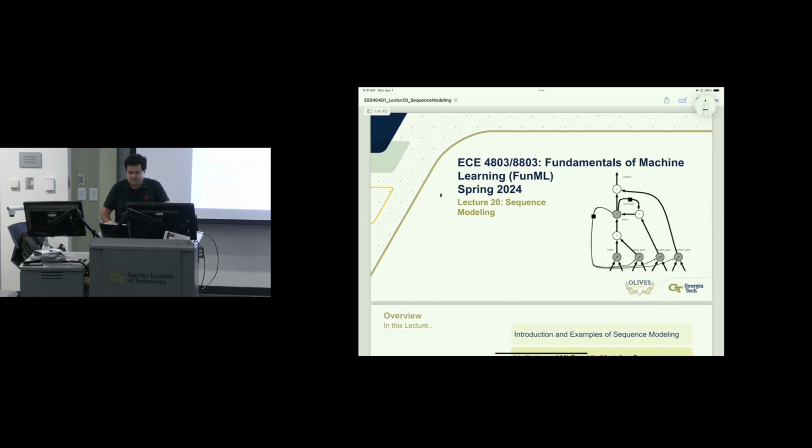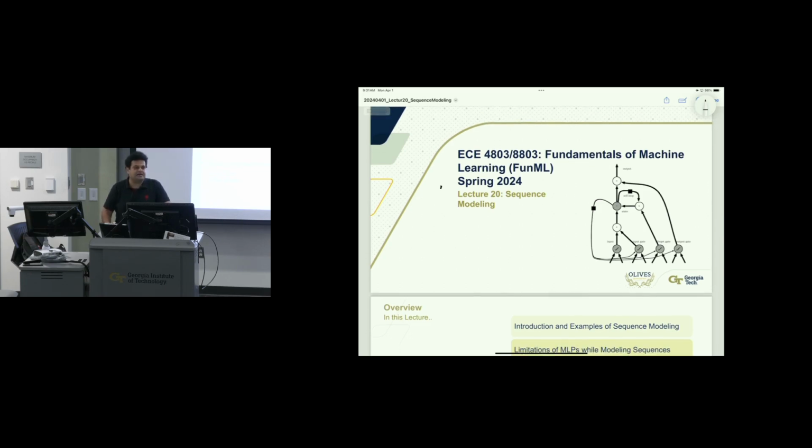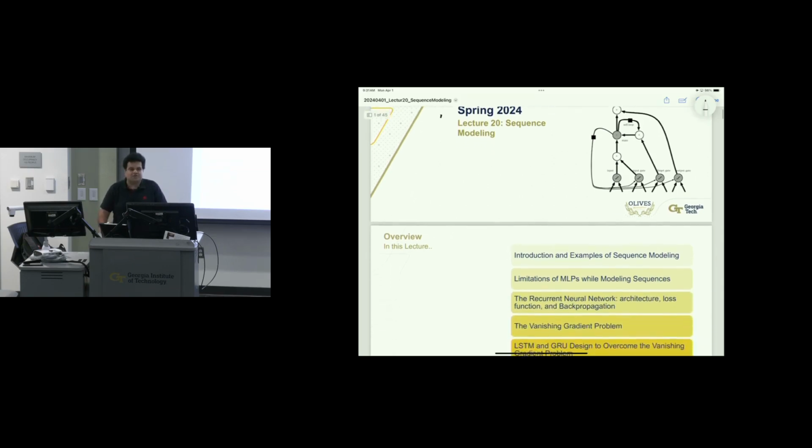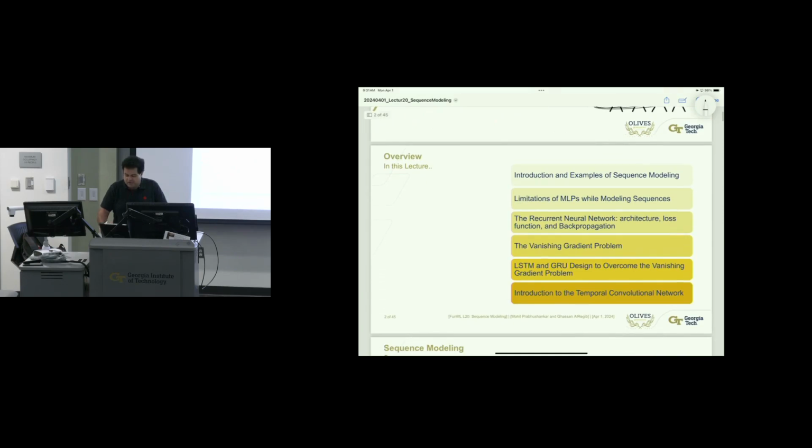Today what we'll discuss, or at least we'll start discussing, is the idea of sequence modeling and the next kind of neural networks, which is going to be RNNs, or recurrent neural networks, and a couple of its variants. So we'll start with discussing those concepts for today and probably end it on Wednesday. So it'll be about 2 lectures for sequence modeling. And for today we'll go through